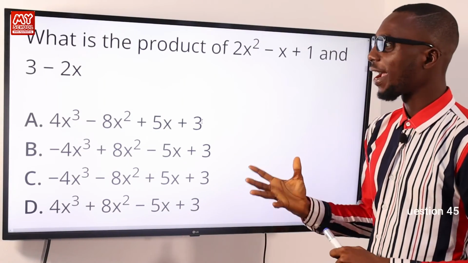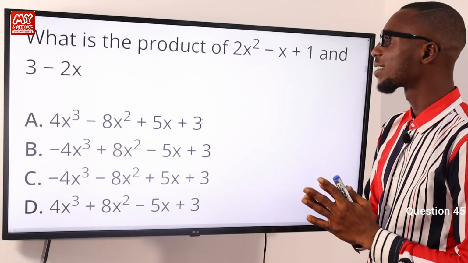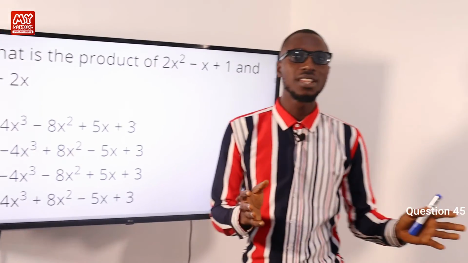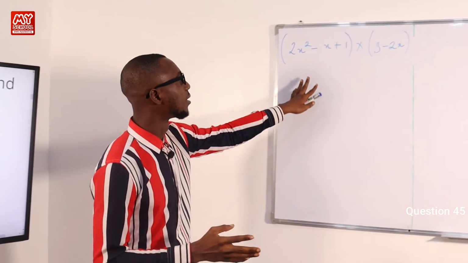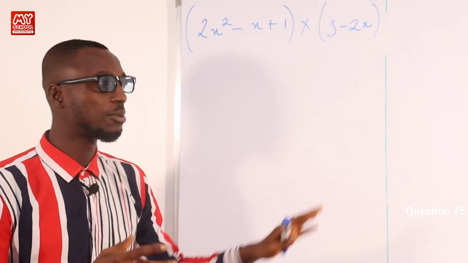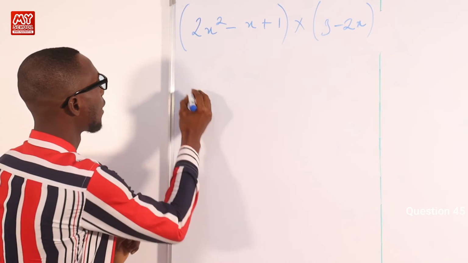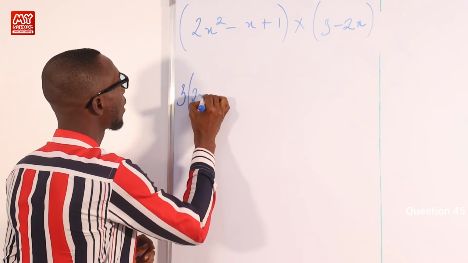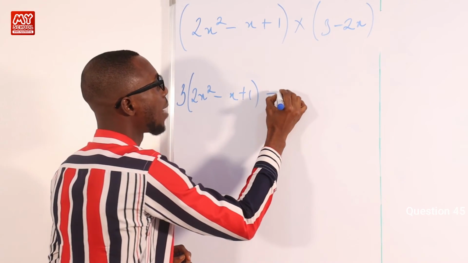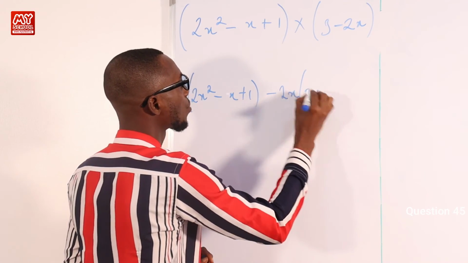Question 45. What is the product of 2x squared minus x plus 1 and 3 minus 2x? Okay, so all we just have to do is to place both in different brackets. Then we use the expansion method to solve this question. So we'll have 3 into bracket 2x squared minus x plus 1. All right, then we have minus 2x into bracket 2x squared